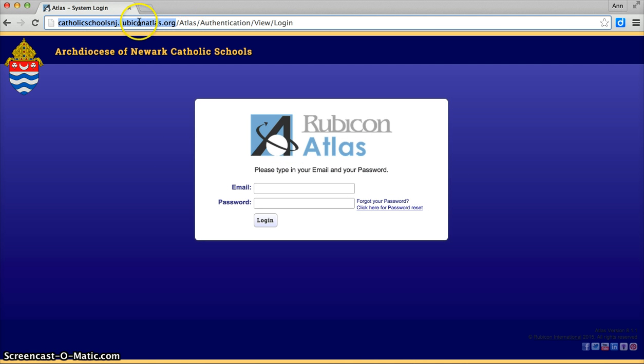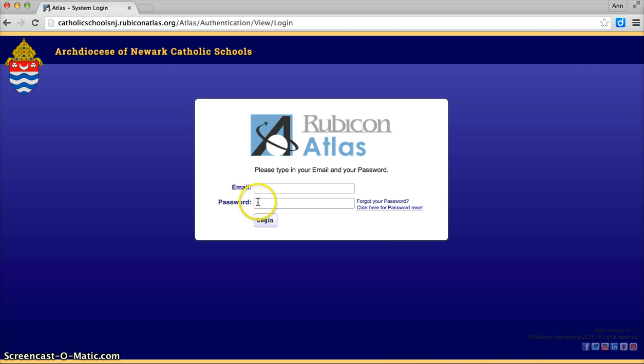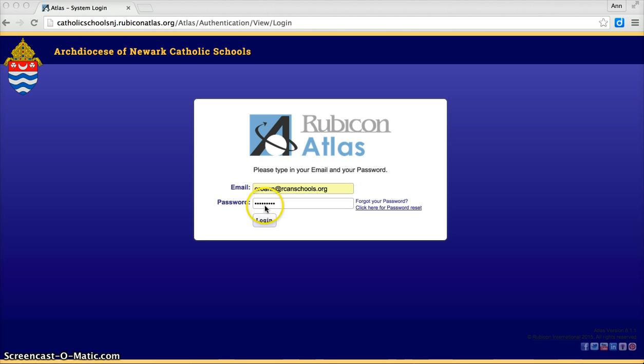Typed in catholicschoolsnj.rubiconatlas.org and I get to the sign on screen. The first time that you sign on, you're going to type in your email with a password of DREAMS, D-R-E-A-M-S, and it will ask you to select a new password. Once you type your email address and your password and you click Login,